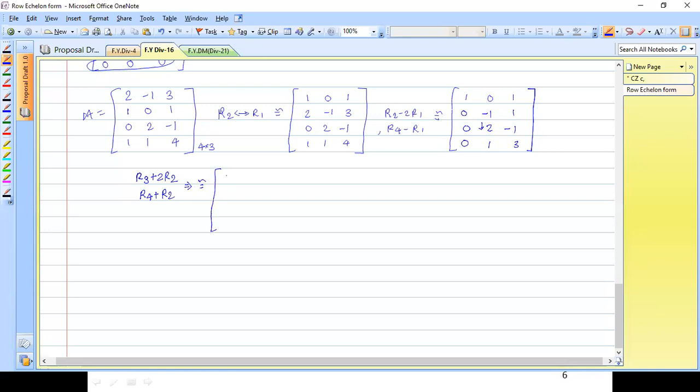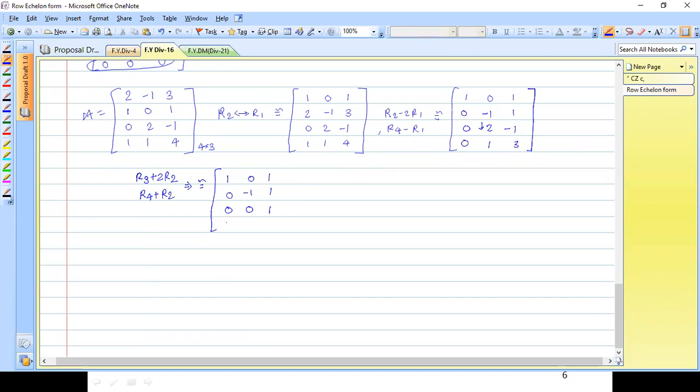There are no changes in R1 and R2, so we just write them down as it is. So 0, minus 1, 1 as it is. Now here R3 is 0 and R2 also 0, so this remains 0 as it is. So this is 2 plus 2 into minus 2 into 2, so it becomes 0. And here again minus 1 plus 2. Am I correct? Minus 1 plus 2, so I am getting 1 here. Yes or no? Please check it out.